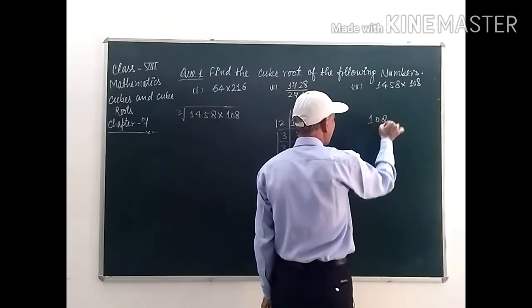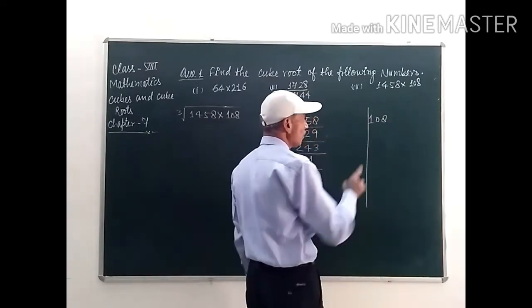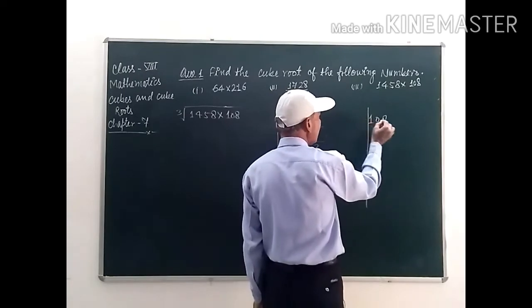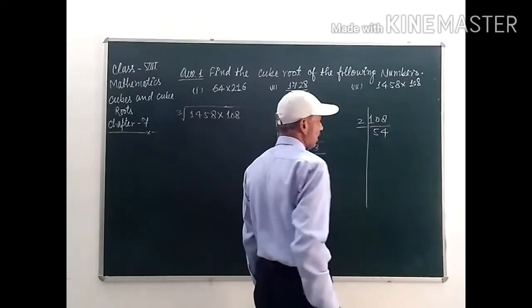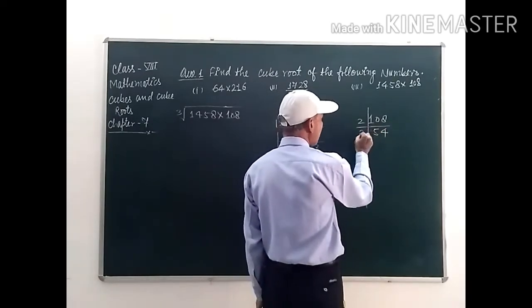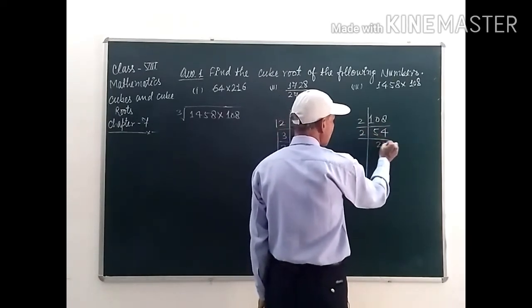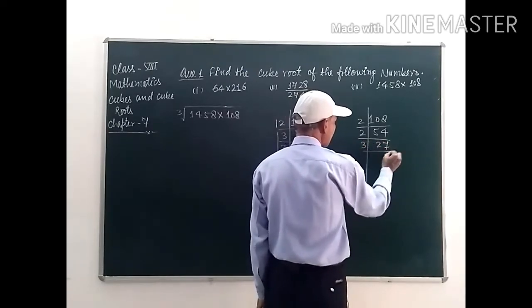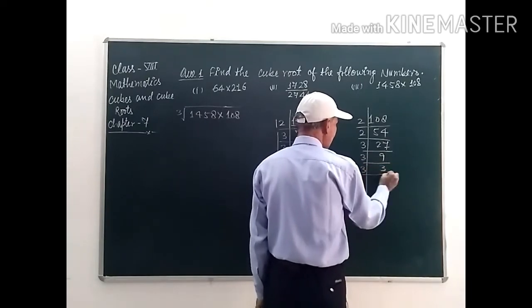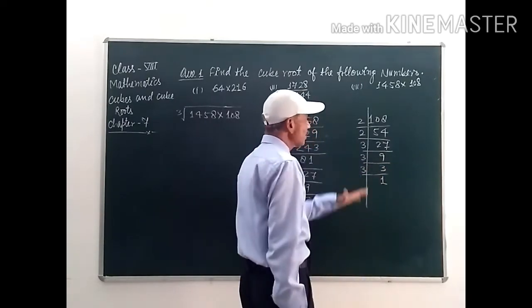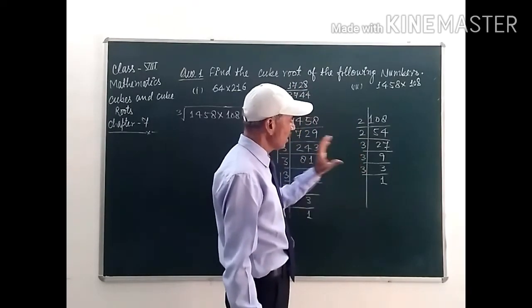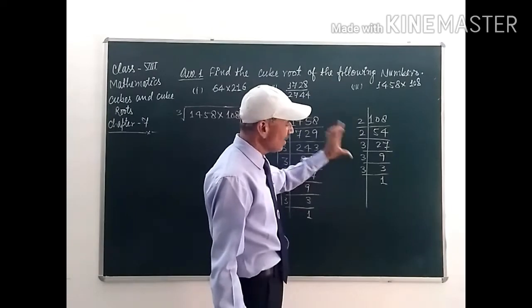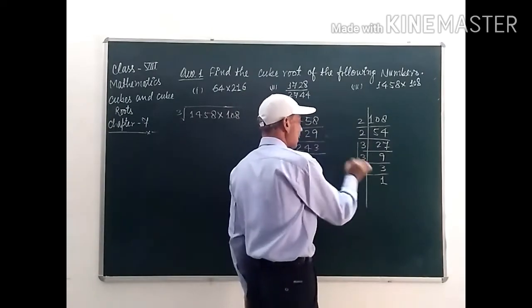108 here, okay, students. So, find the prime factors of 108 and this one divide by 2, 2 fives are 10, 2 twos are 4, okay, again by 2, that is 27, again by 3, 9, by 3, 3 and by 3, that is 1. So, prime factors of 108 are 2 into 2 into 3 into 3 into 3. 2 is 2 times here and 3 is 3 times, okay.